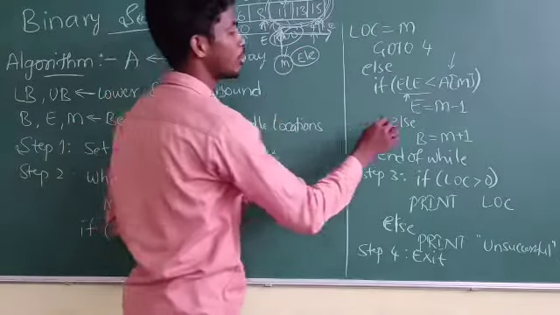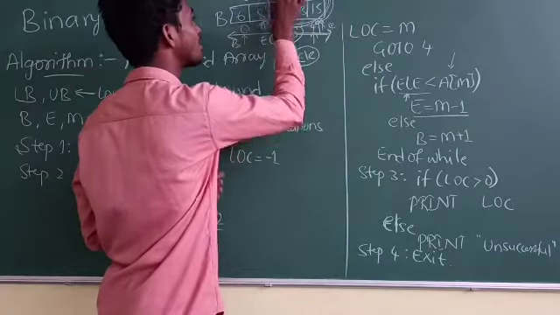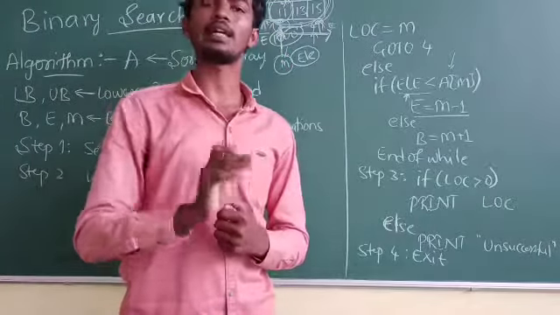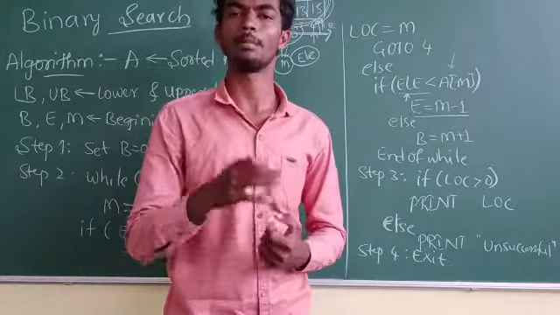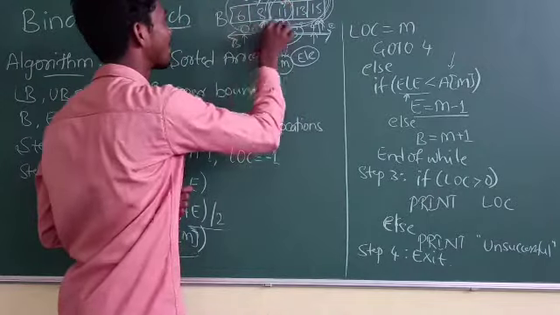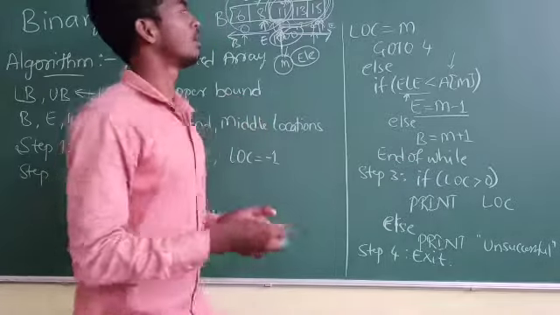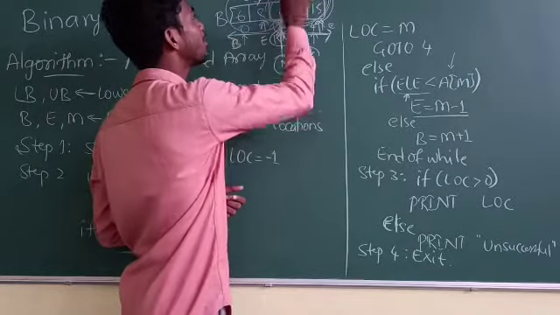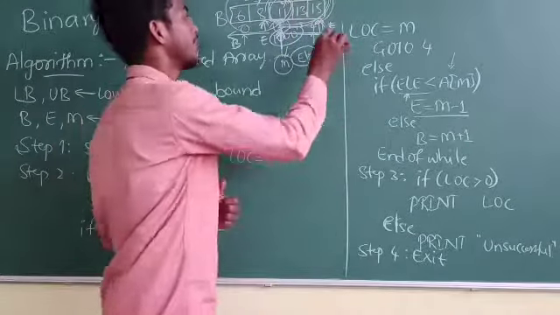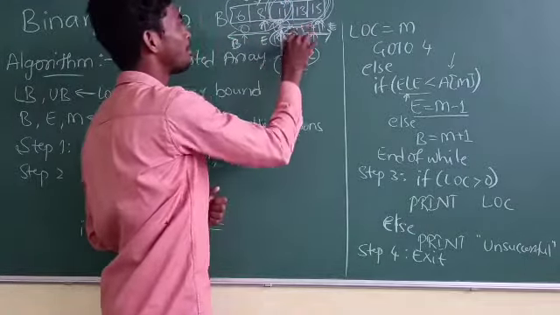For that reason, we will do n is equal to m minus 1. N is equal to m minus 1. This m minus 1 gives you this one. Otherwise, if the searching element is greater than middle, there is no need to compare these lesser elements. At this time we have to move the beginning from here to here and the ending will be fixed. In the first case, the ending has moved and the beginning is fixed. How to move the beginning? Middle plus 1.